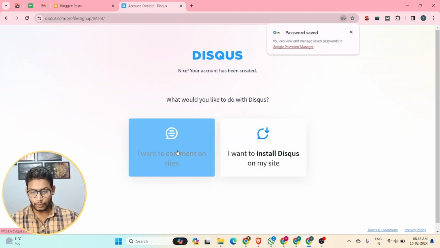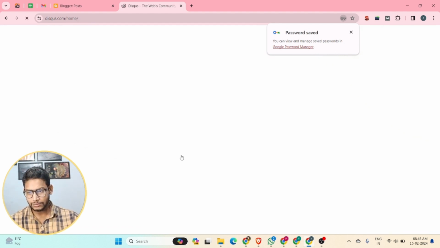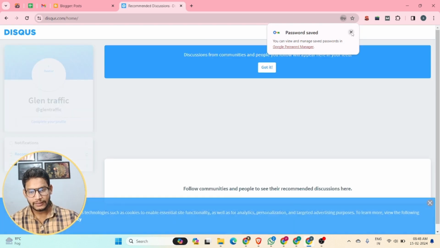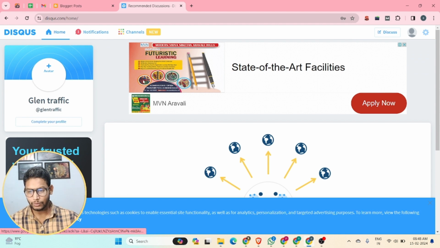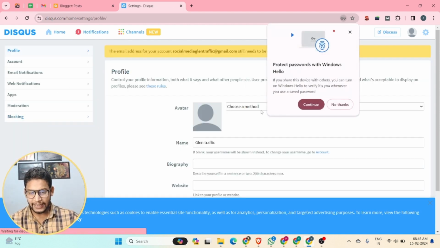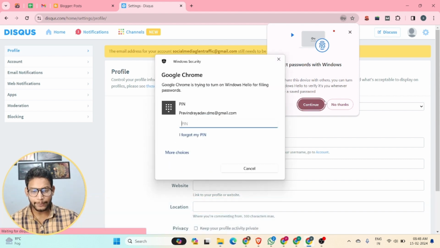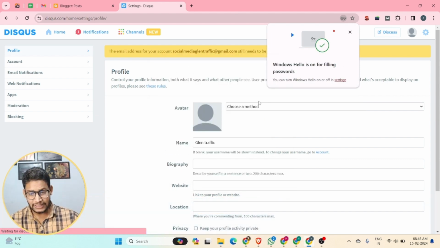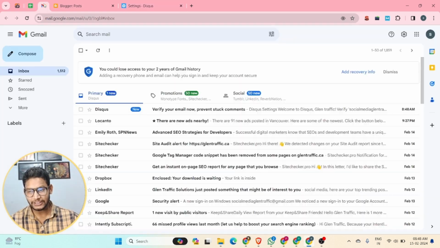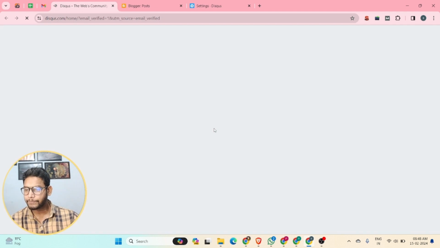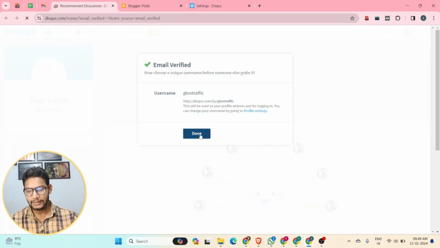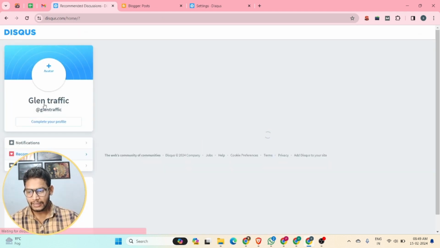and you choose 'I want comments on site'. You choose these features, and after that the website redirects you to that kind of interface. First you have to complete your profile creation. Firstly you have to verify your account. This website sends you a verification email. So now we go to verify. First you verify, and after that you click the done button, and then